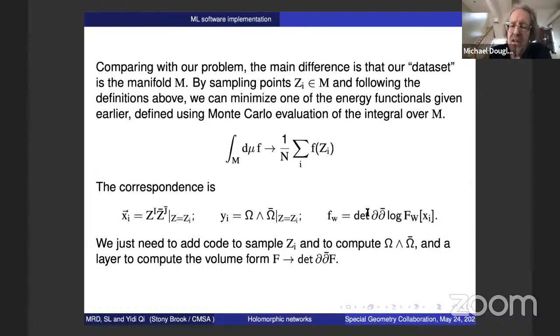So basically what you do is you sample from the manifold, the Calabi-Yau, you get some sample of points X according to some volume form. It could be the holomorphic volume form. It doesn't even matter that much. And then you compute Y. Okay, you compute the holomorphic volume form at that point, and now the function interpolation problem is given an input ZZ bar for a point, predict this output, the value,